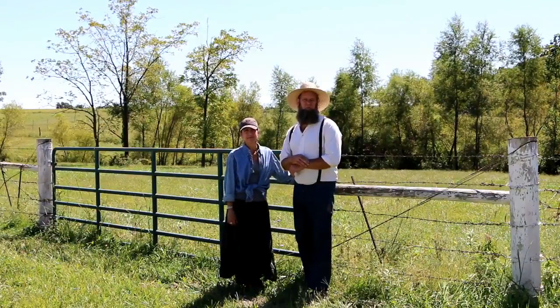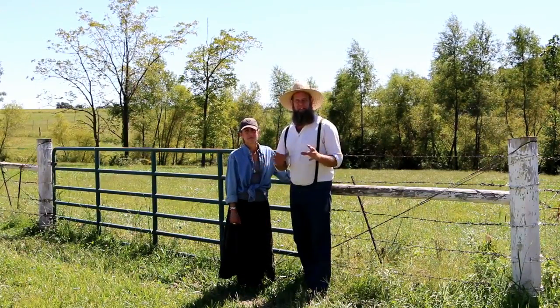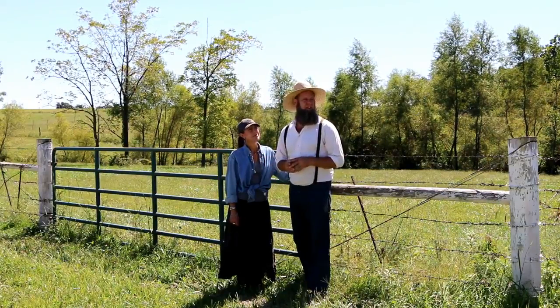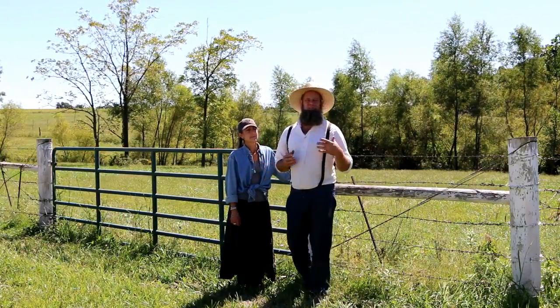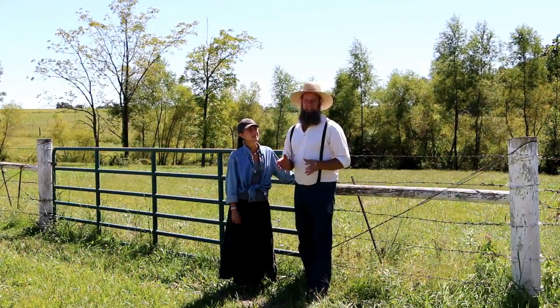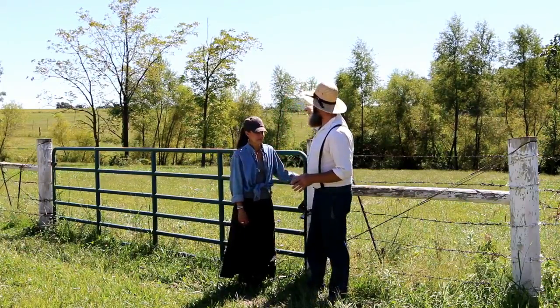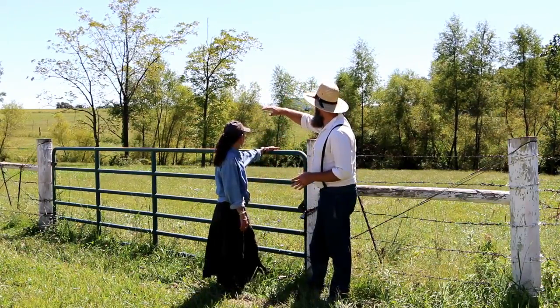We mentioned earlier we have 11 acres, and I'm trying to give you guys an idea of how that looks, because a lot of people homestead, they say you need this many acres, more acres, couple acres. We have 11, and it's more than enough for us to do our homesteading on. You can see way back in the back there through the trees, this is a natural creek that we have